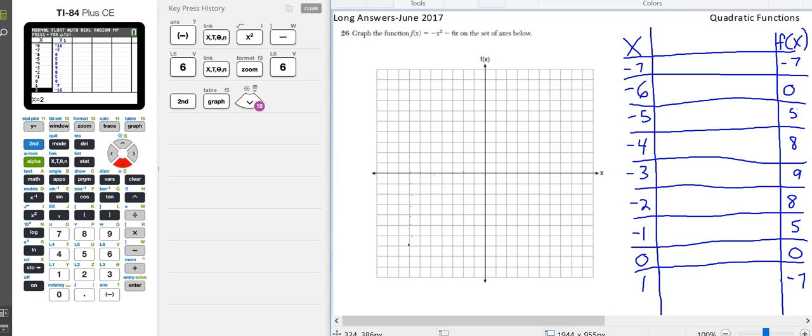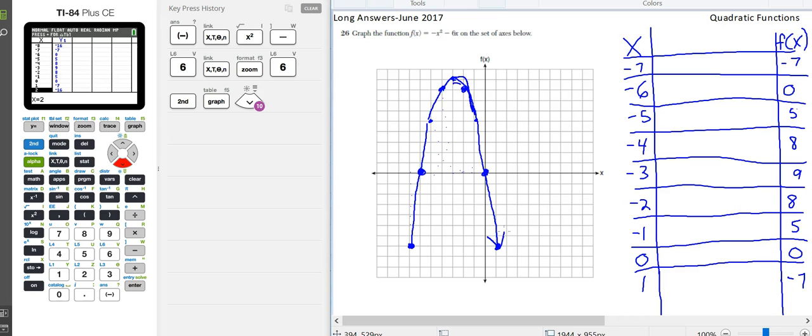Negative 7, comma, negative 7 is over here. Negative 6, comma, 0. Negative 5, comma, 5. Negative 4, comma, 8. Negative 3, comma, 9. Negative 2, comma, 8. Negative 1, comma, 5. 0, comma, 0. And 1, comma, negative 7. Now if we just connect these points,